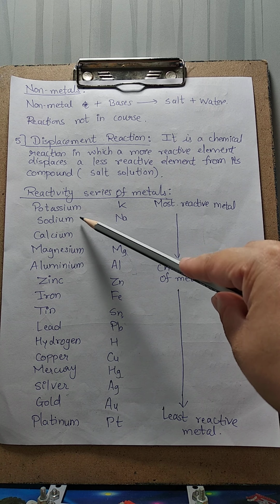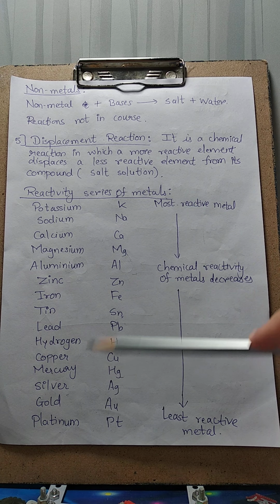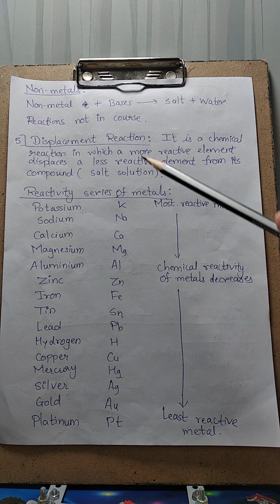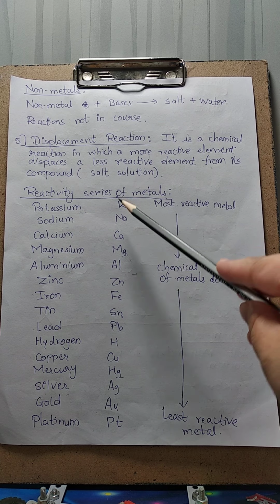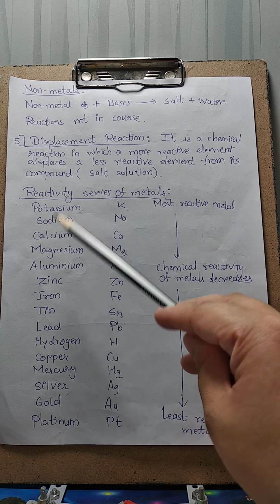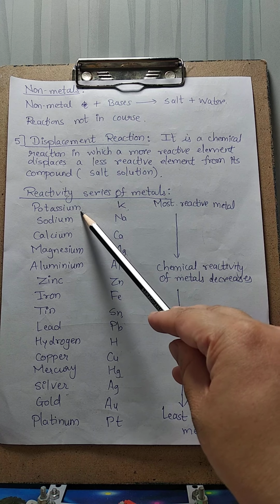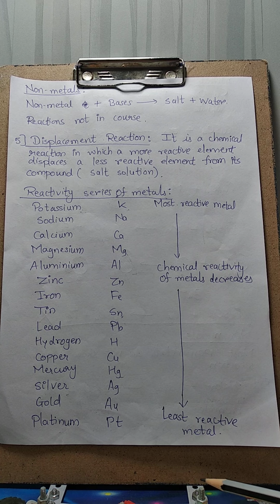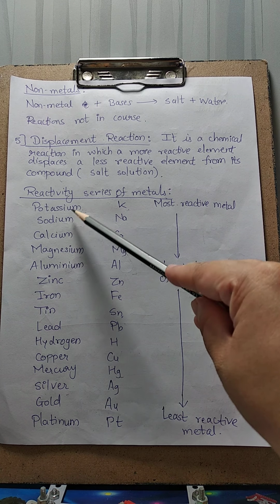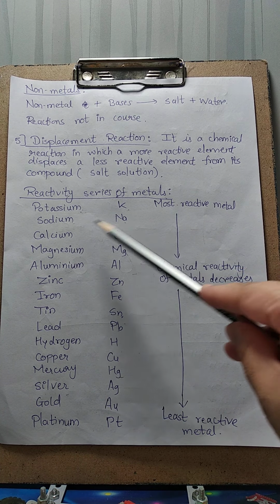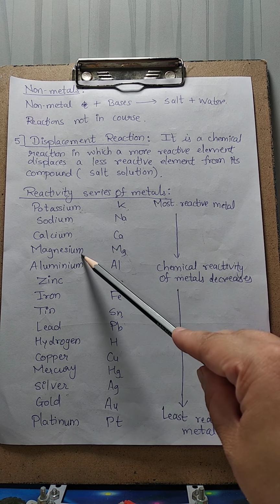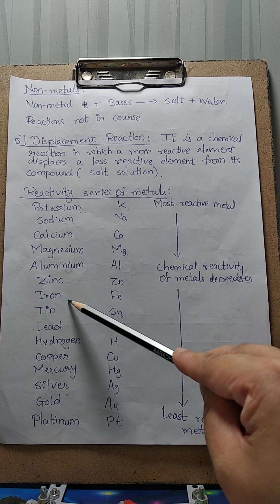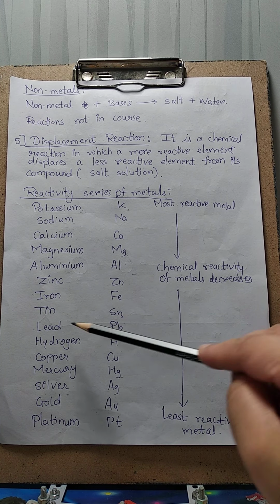If we take a look at this reactivity series, potassium is the first element in the reactivity series. It is the most reactive element. Next comes sodium. It is less reactive than potassium. The reactivity goes on decreasing as we move in the downward direction. So next to potassium is sodium, Na, calcium, Ca, magnesium, Mg, aluminium, Al, zinc, Zn, iron, Fe, tin, Sn, lead,